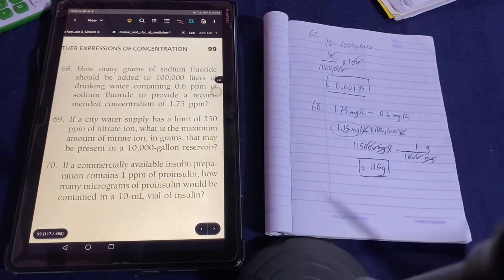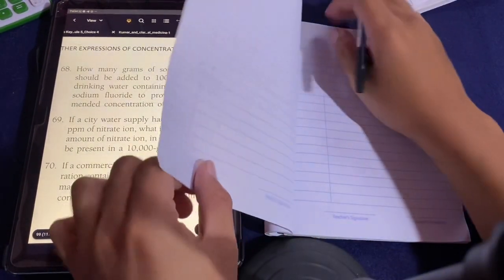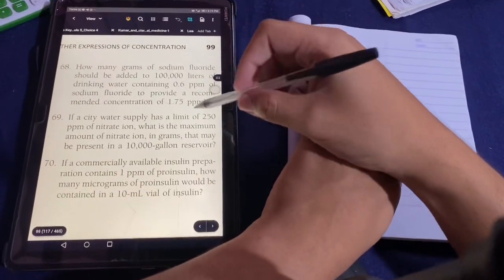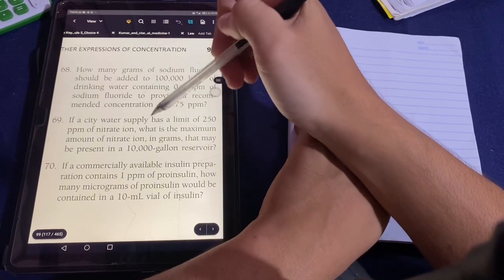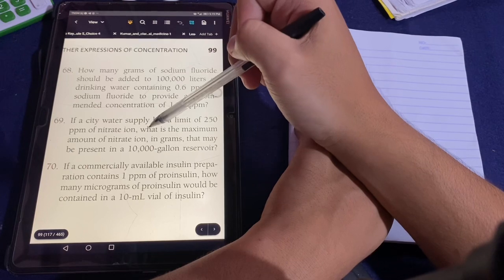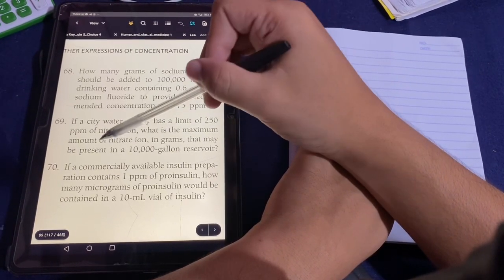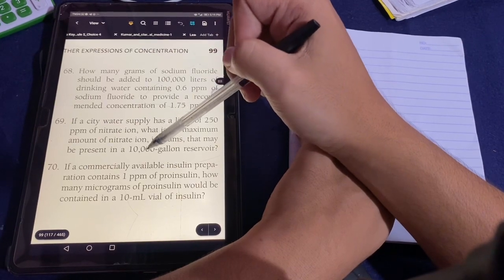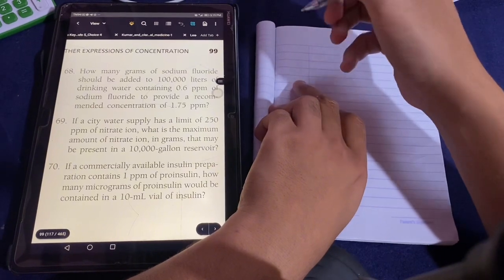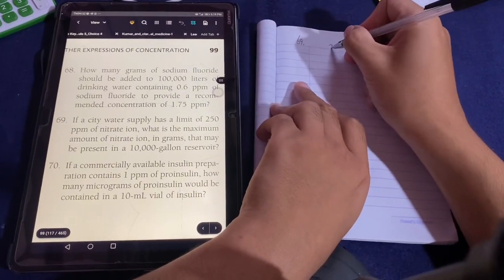So in 69, it's the same as 68, but there is also a twist. So if a city water supply has a limit of 250 parts per million of nitrate ion, what is the maximum amount of nitrate ion in grams that may be present in a 10,000 gallon reservoir? So in order to solve this, we will take this and convert it into